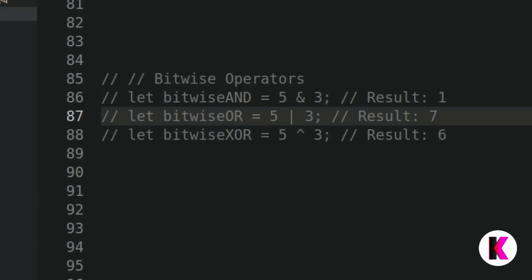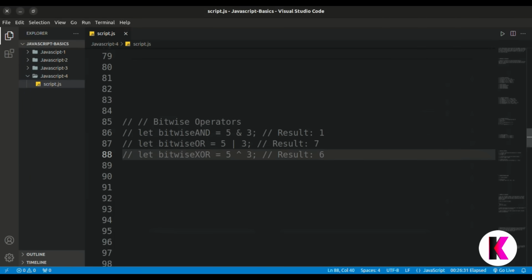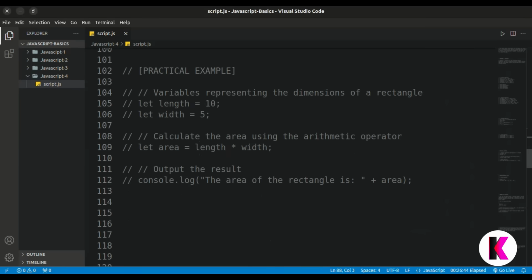If both are not correct, it will return false. Next is the XOR operator. In this, if both the values are true, then it will return false. If both the values are false, it will return false. If one value is correct and the other value is wrong, then it will return true. If any one value is true and the other value is false, it will return true, otherwise it will return false.